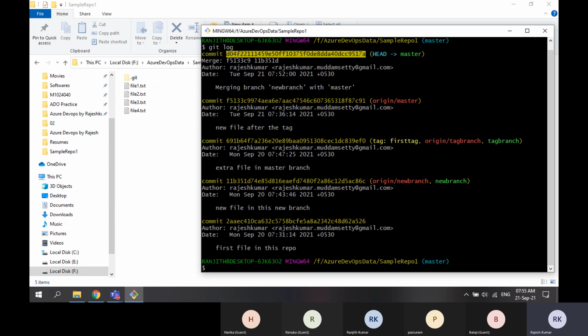Why it is considered as a merge commit, I will tell you in a minute. So now I have 5 commits in master.